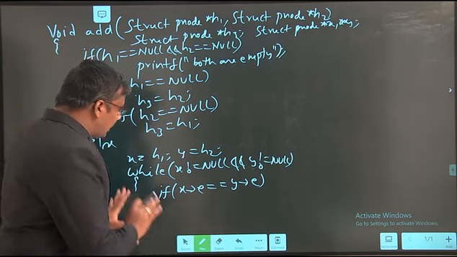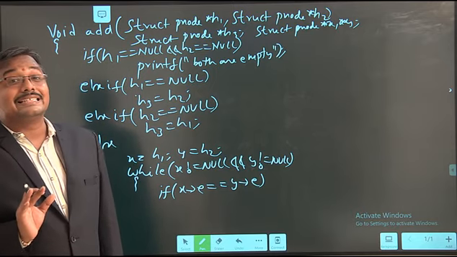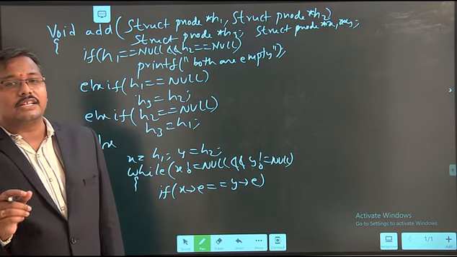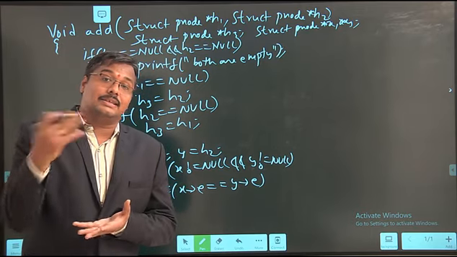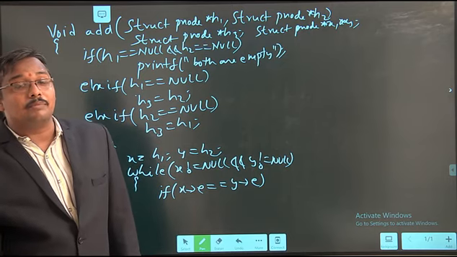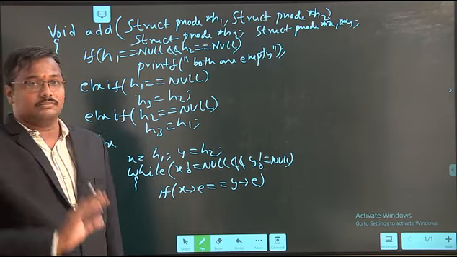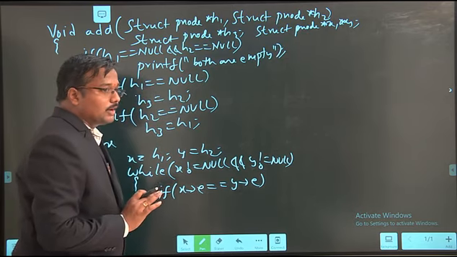Here I am invoking insert at end function. But here a small change: for the insert at end function I am passing the header node address also. So carefully listen.